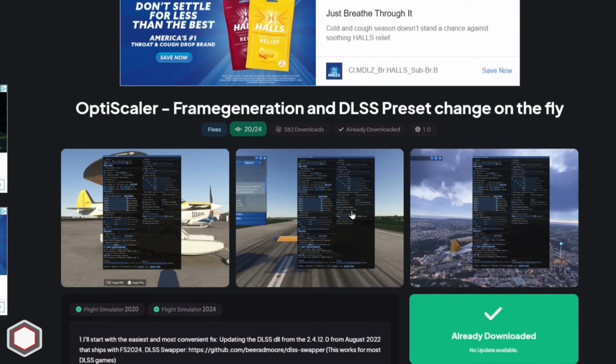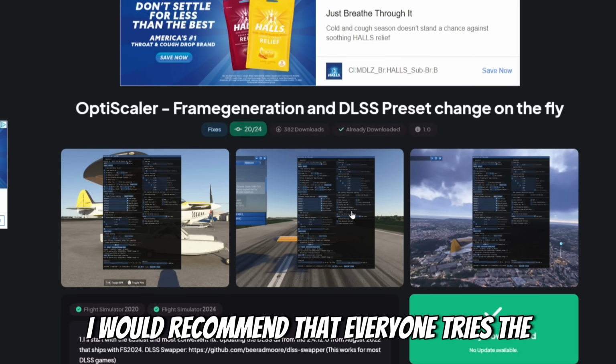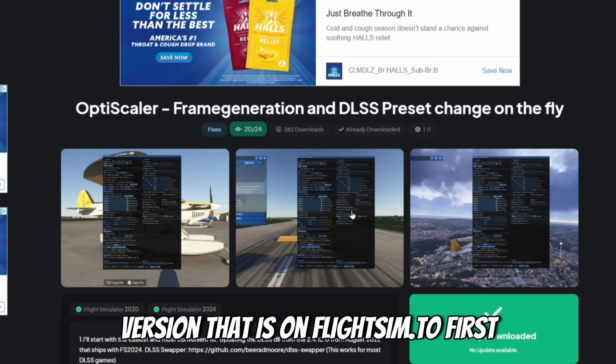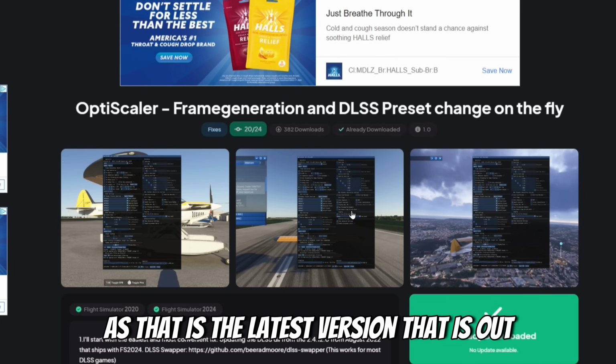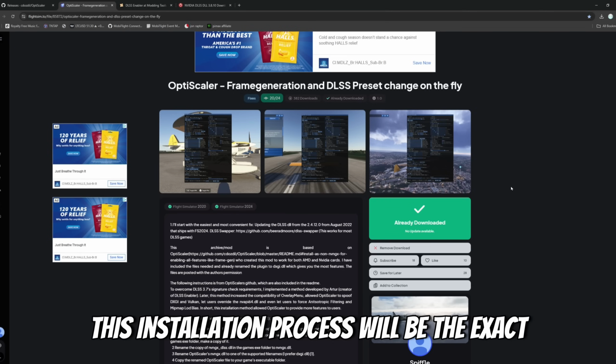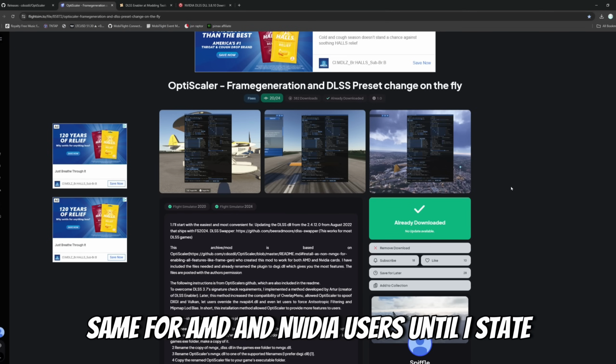Now let's go over the download and installation process for each of the versions. I would recommend that everyone tries the version that is on flightsim.to first, as that is the latest version that is out, and it gives us the most options inside of the tool. This installation process will be the exact same for AMD and Nvidia users